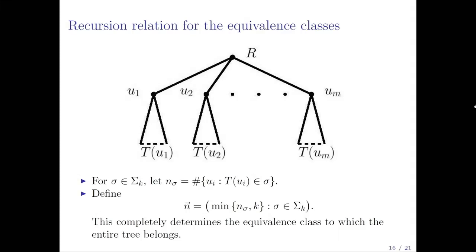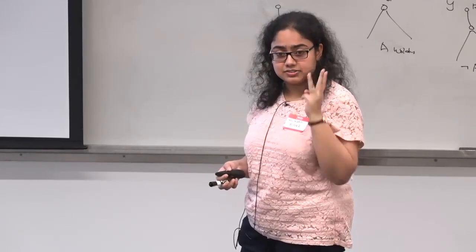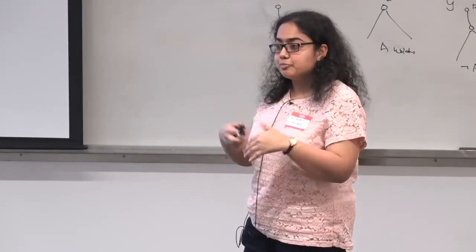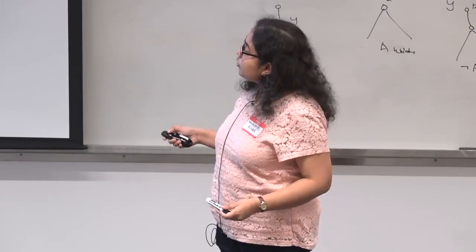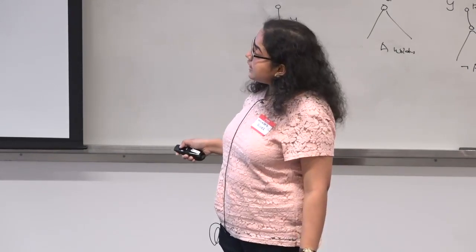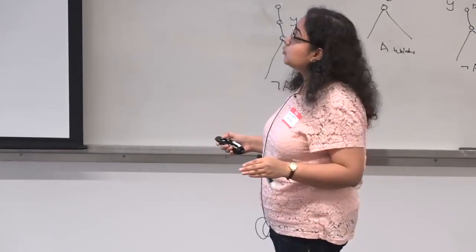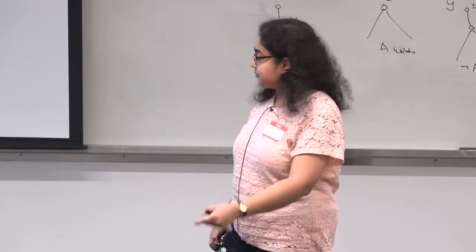Okay, so as I said, that first example was there for a reason. We are going to try and emulate the argument that we had there. The argument that we had there was with three color classes. In this particular case, we are going to repeat that same thing with the equivalence classes we just defined. What we need to do is, given the root, so here's the root, and it has some children, and those children have subtrees coming out of them. If you tell me what equivalence classes these subtrees belong to, then I have full information as to what equivalence class this entire tree belongs to. So that's the same idea getting repeated.